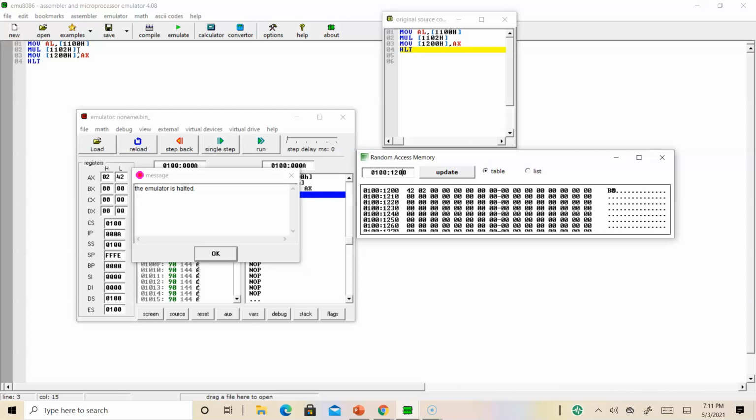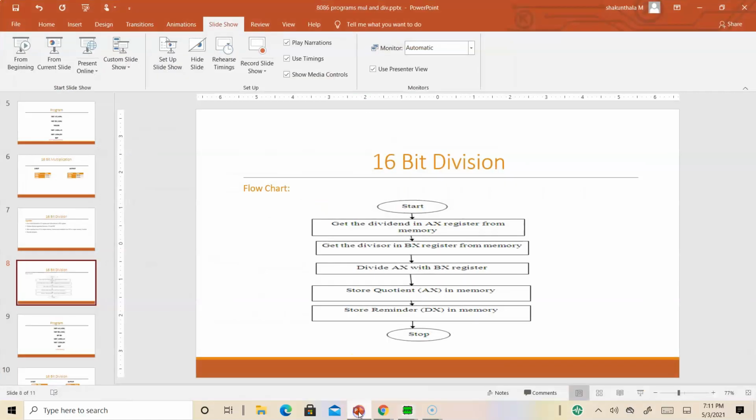Using indirect addressing mode, as we have performed earlier, where we took one data from a memory location and stored it in AX and BX. Similarly, we can use any address and store the data residing there through a register indirectly, and we can do 16-bit multiplication also. That is also possible. So with this, let me move on to the 16-bit division program.